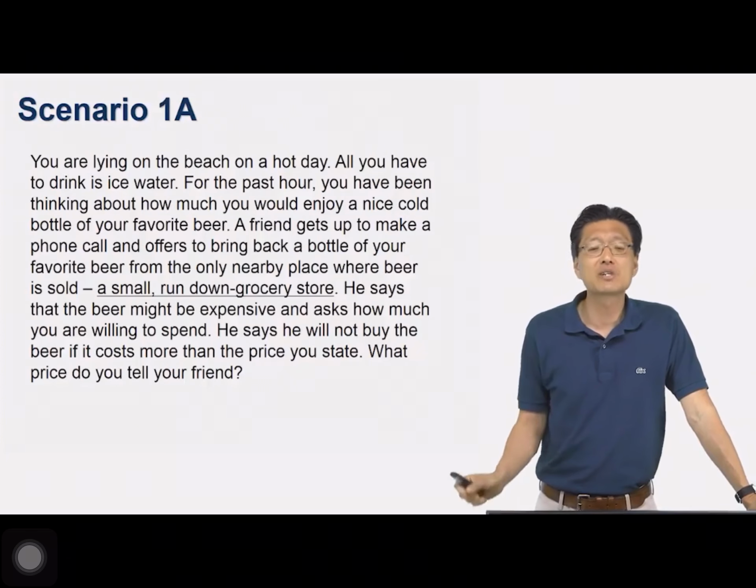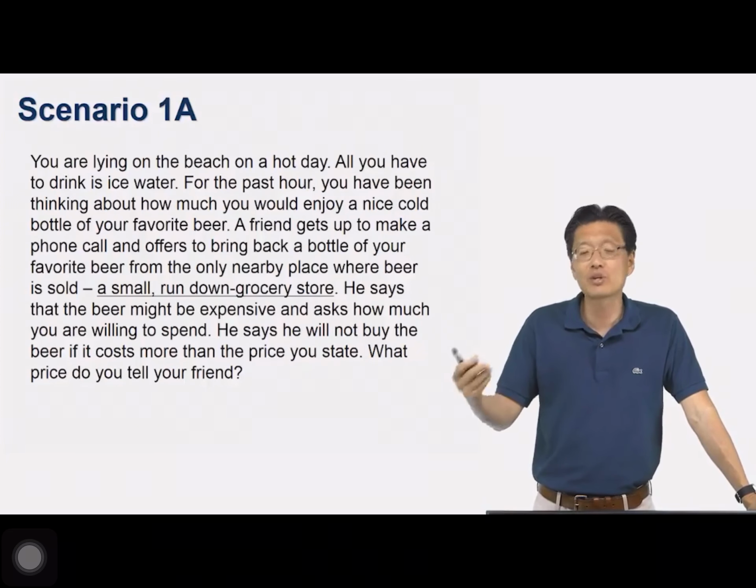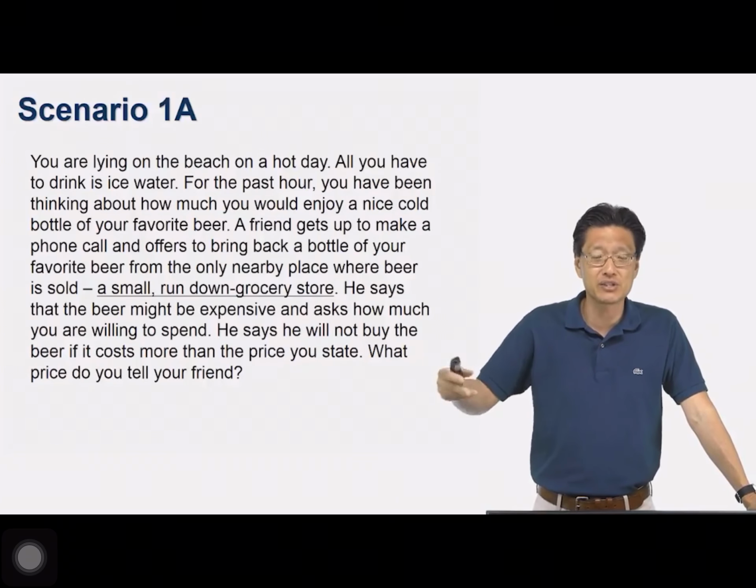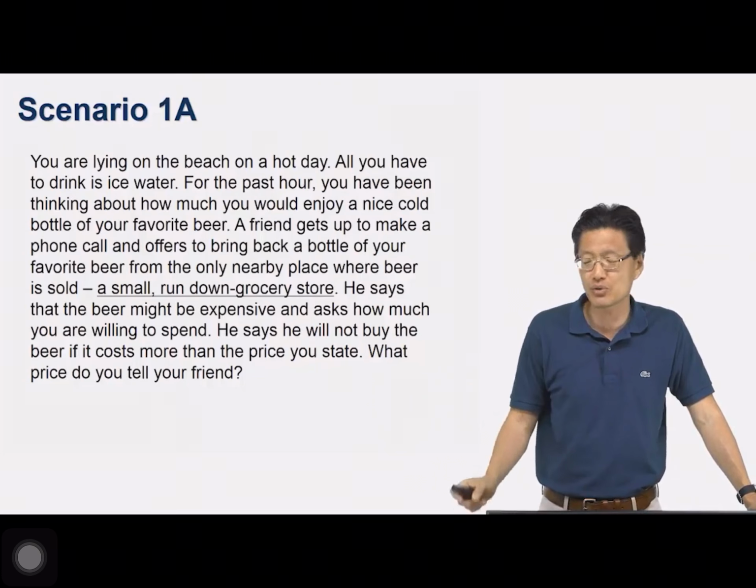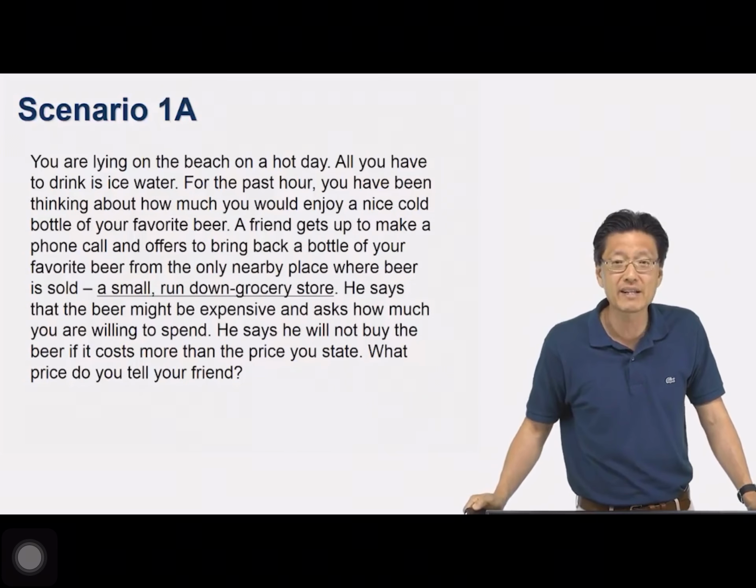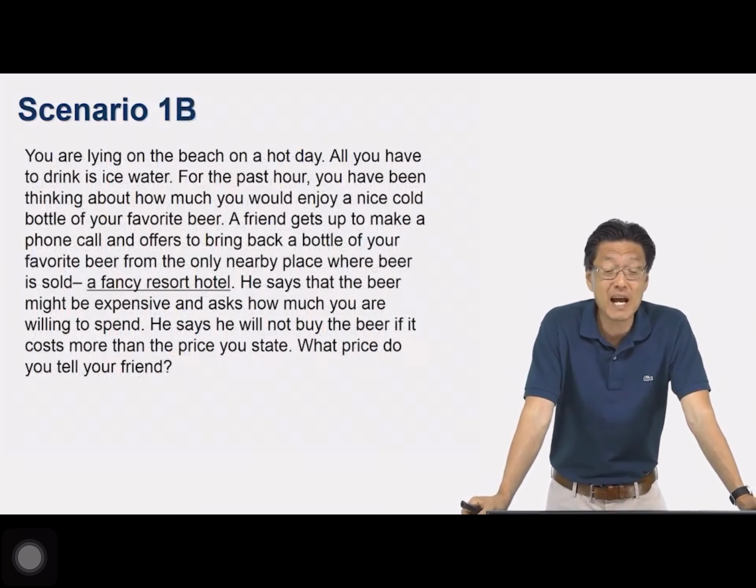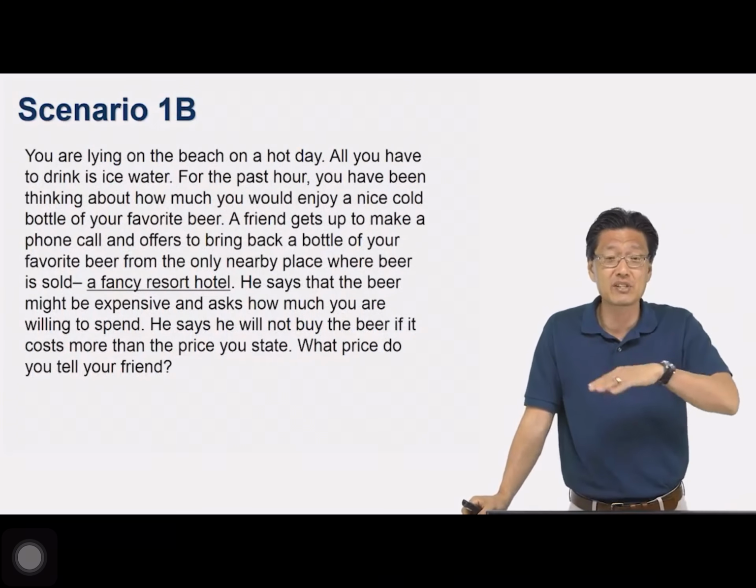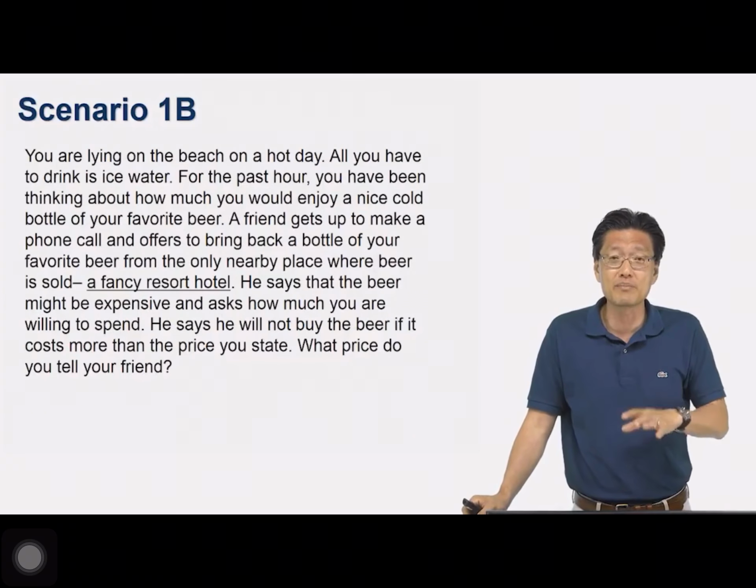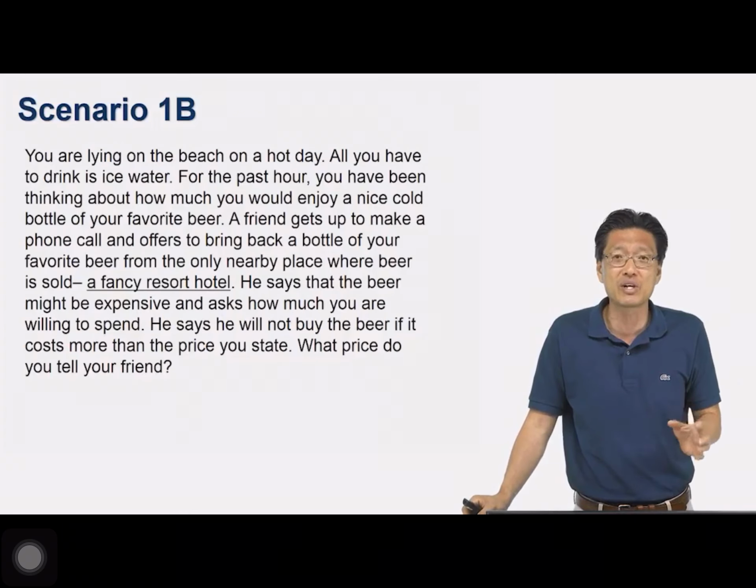Okay, so you state a price. This is the price that I'm willing to pay for this beer when you're going to buy it from a small rundown grocery store. So this is scenario 1A. Scenario 1B reads as the following. Everything is the same, so I won't go through everything, because all the information in scenario 1B is identical to scenario 1A, except for the following. The only difference is